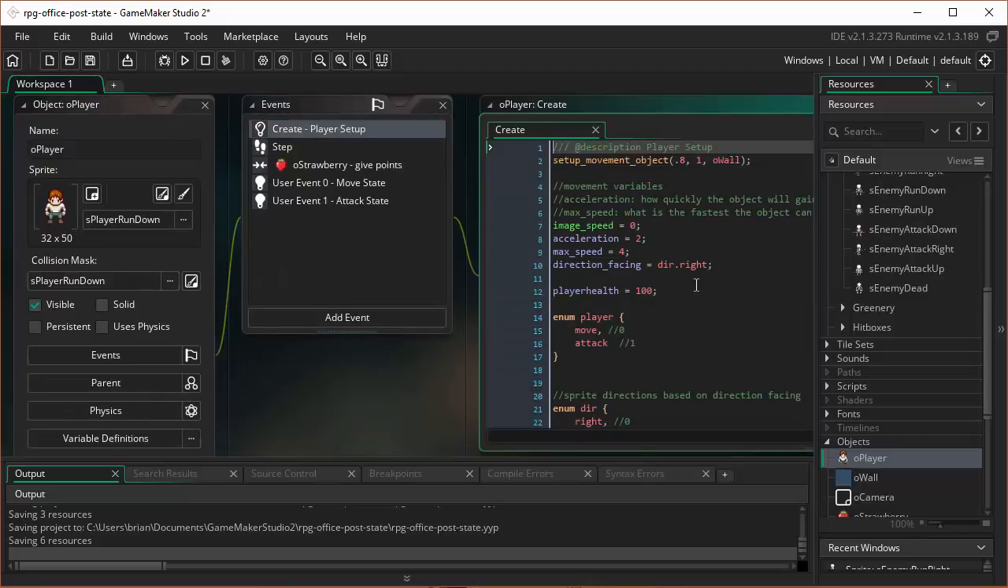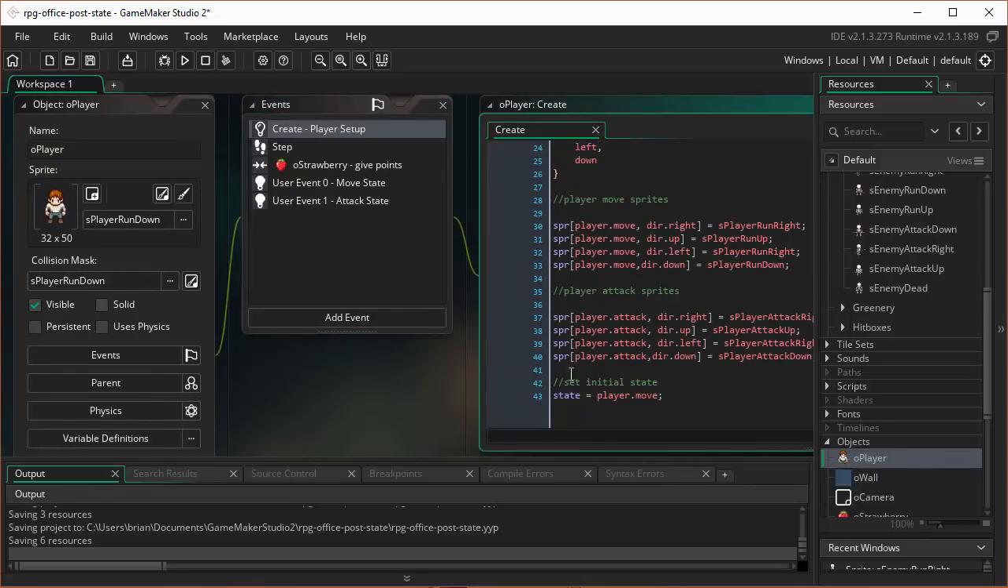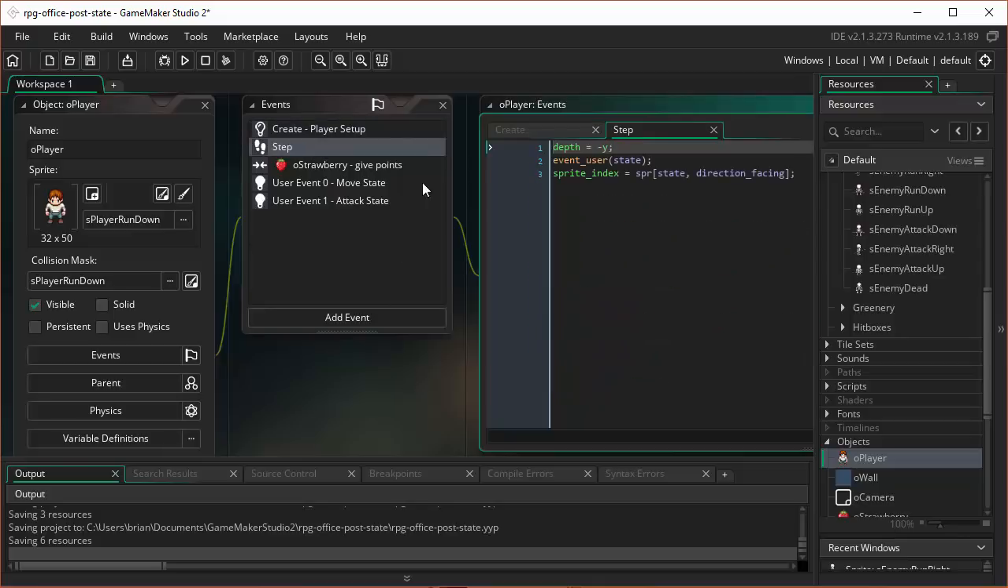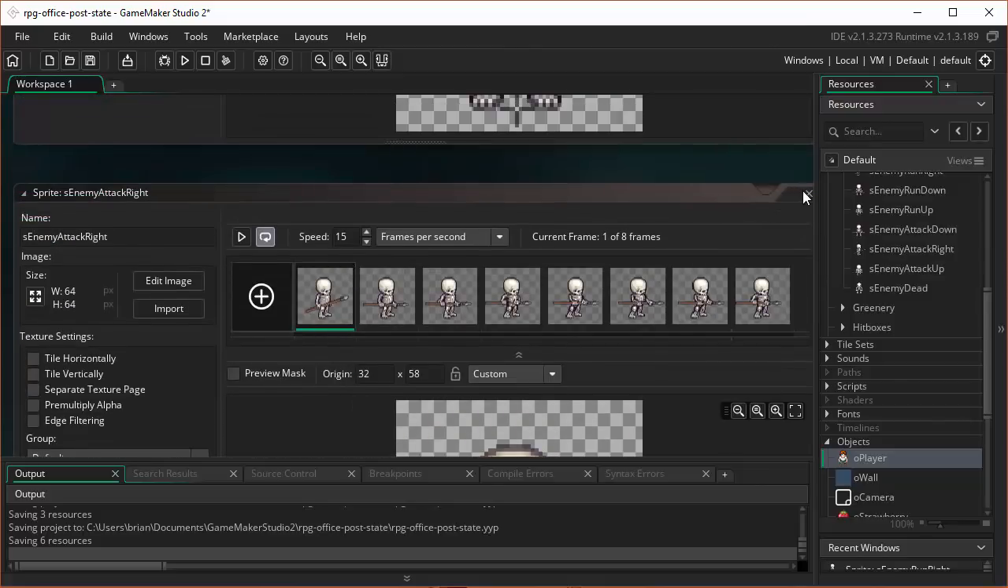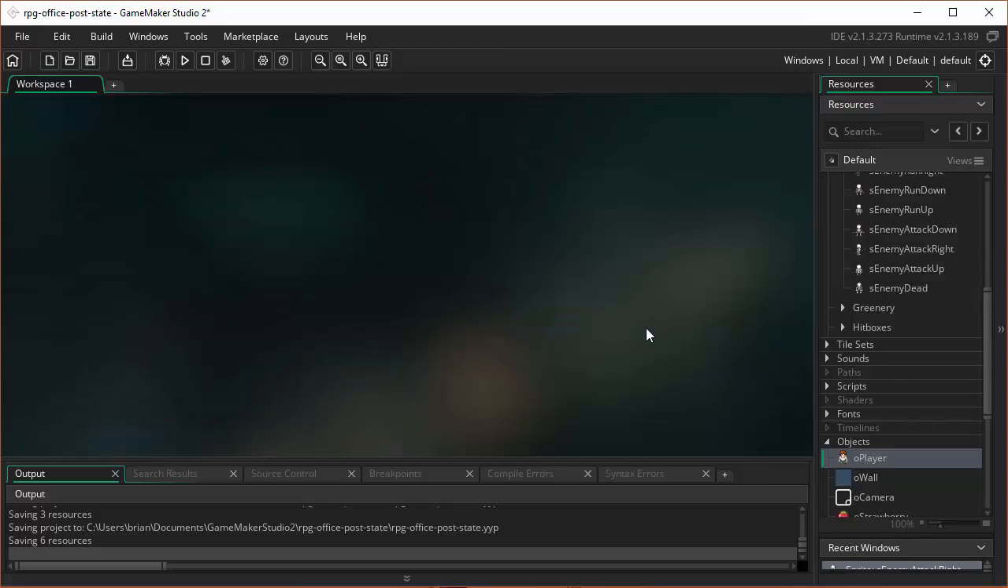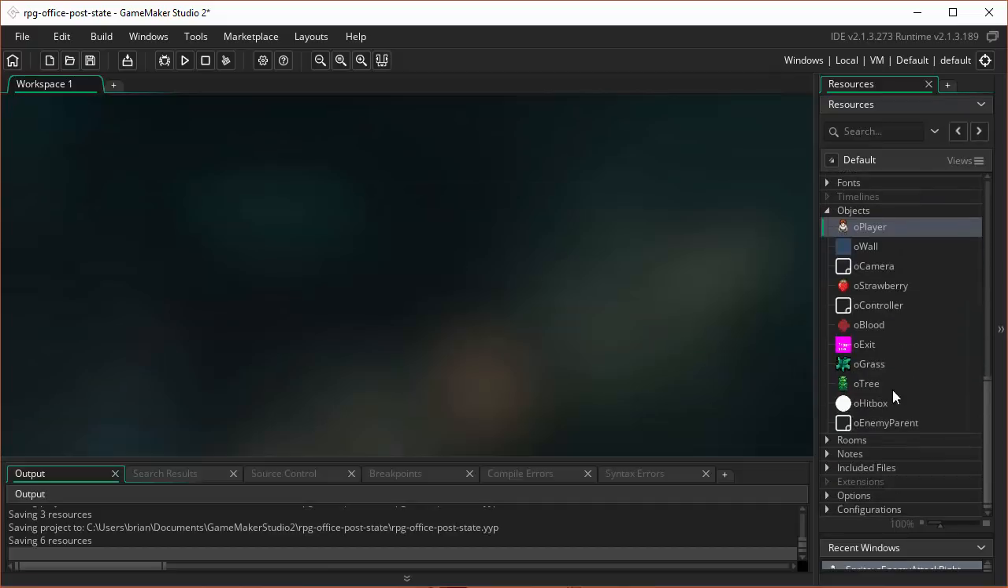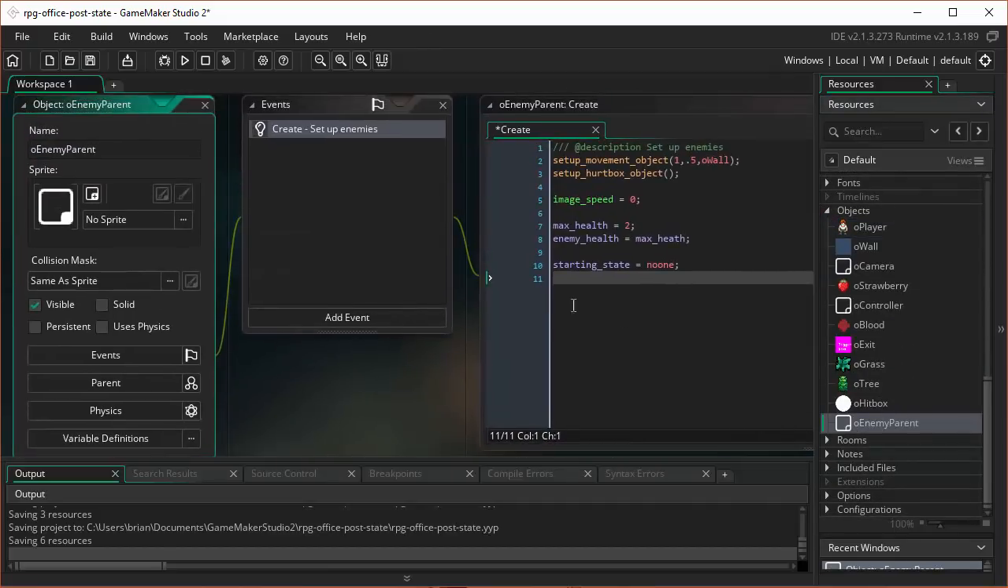And in our create event, right down here at the end, we said state equals player move. And we had this instance variable called state, which we then check to see which event we should run. Okay. We're going to do something similar with our enemy, but we are going to add a little bit of sophistication to that,